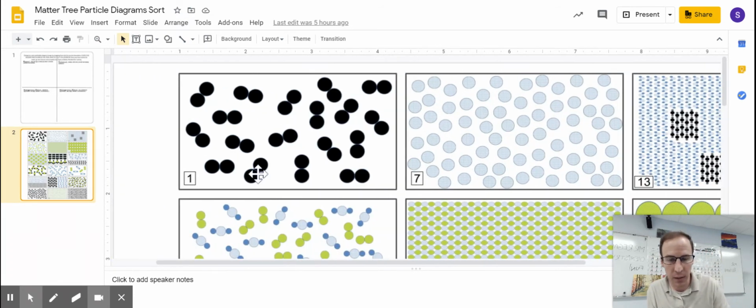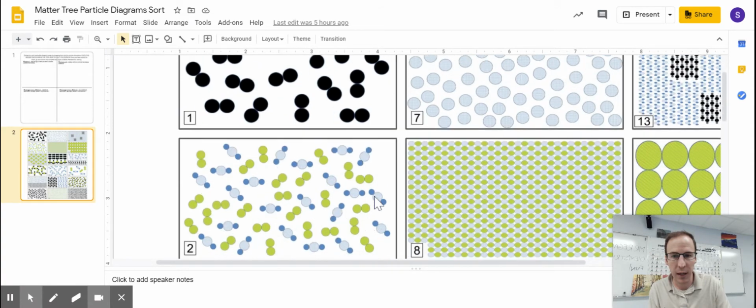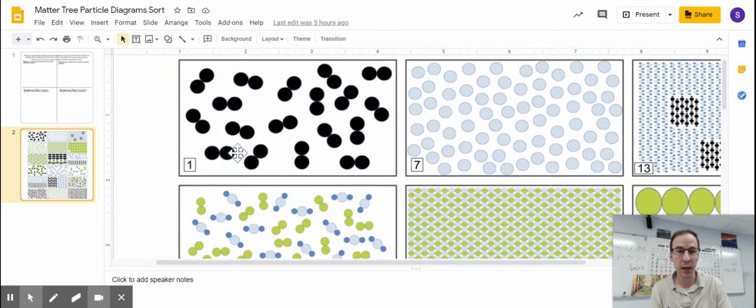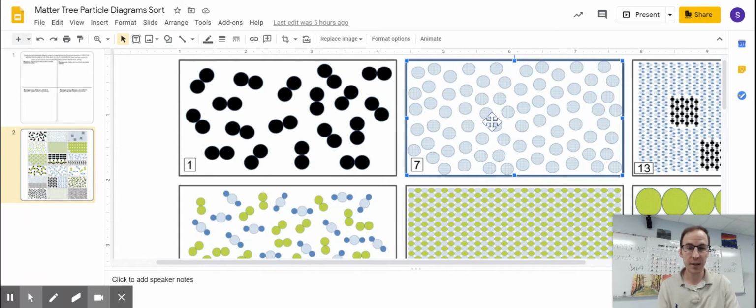Well, in number 1, those are only black circles. Number 7, those are only blue circles. And number 2, I actually see green, light blue, and dark blue circles. So I will not want to say that number 2 is an element, but I could say that number 7 is an element. So I would select it, and you can either drag it, or I might just do Control